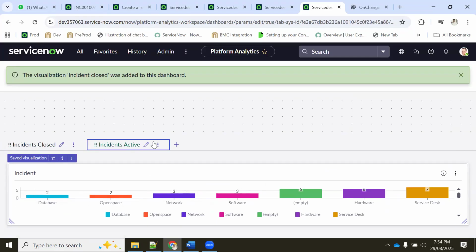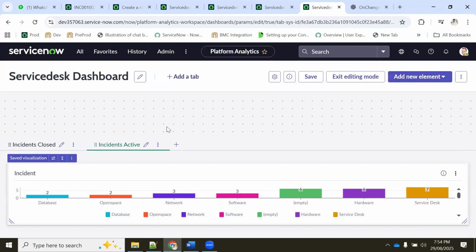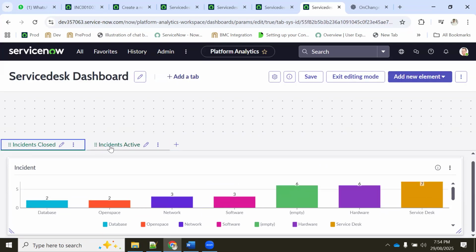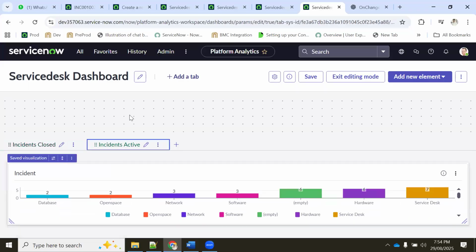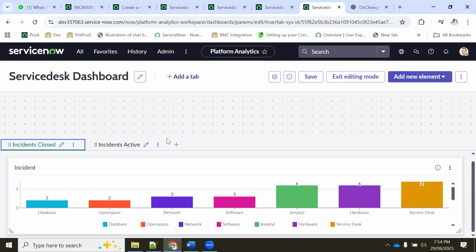If you want to change, you can change this one more. If you want to add multiple of the same dashboard, you can go ahead and add multiple tabs. So that instead of seeing everything in one tab, they can have a very clean idea. This is an active ticket, this is a closed ticket, this is an in progress ticket, this is an on hold ticket, something like that. We can go ahead and see it. Okay. And that's all from my end. Anyway, this we will create